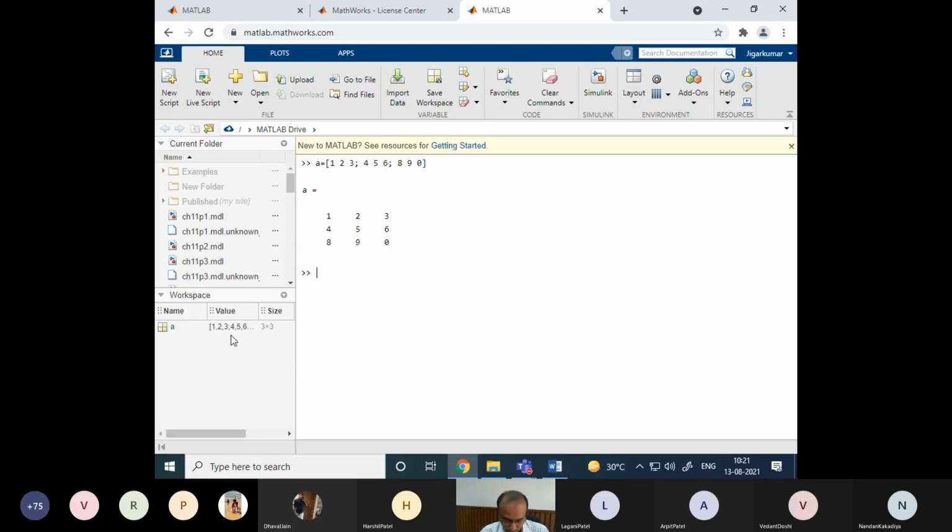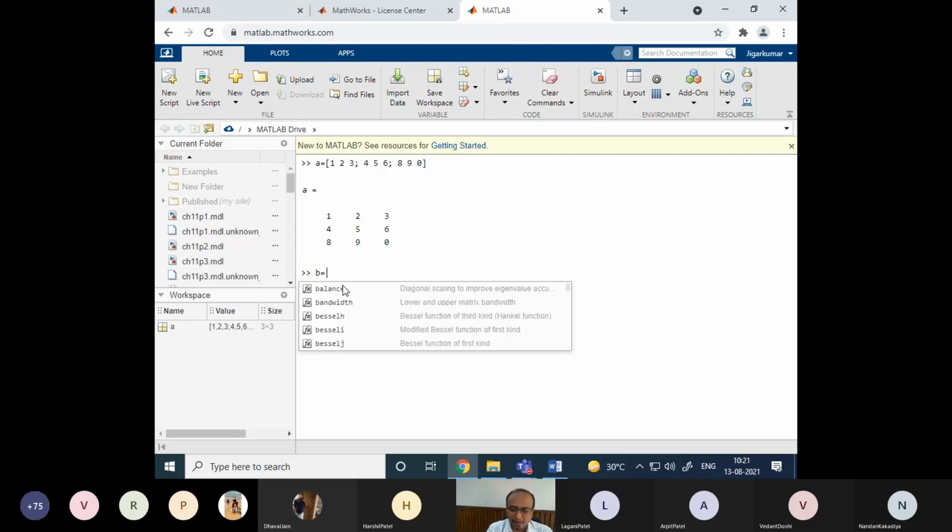You can recall this from our previous discussion in the DSP subject, right? How to use MATLAB. And we need all this background. So you can see it is a 3 cross 3 matrix. By default, the data type of these variables is double precision, so we need not worry about the precision in MATLAB. That's why it is very powerful.